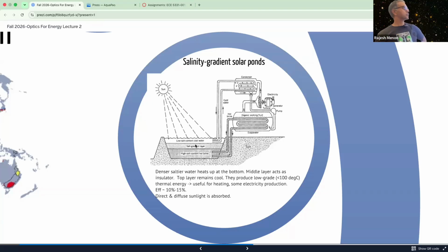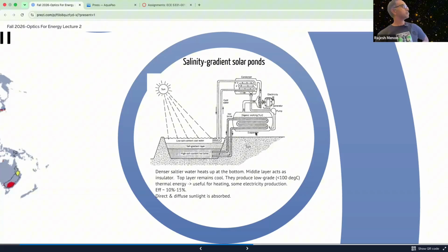So what happens is that you get a temperature gradient. This side is hot, this side is cold, and that's what is used to run a heat engine, and we'll see this again and again. But in this case, it's fairly simple. You basically run some sort of, in this example, they're running a brine through